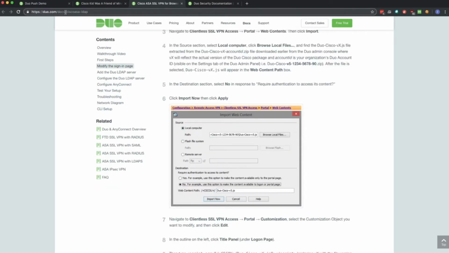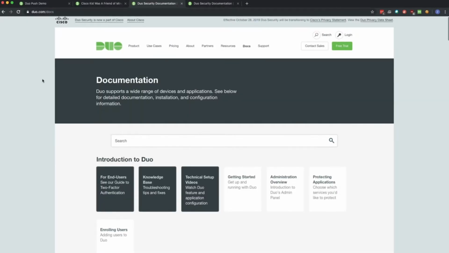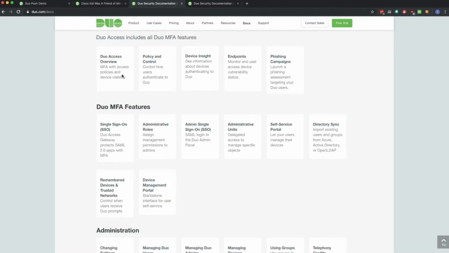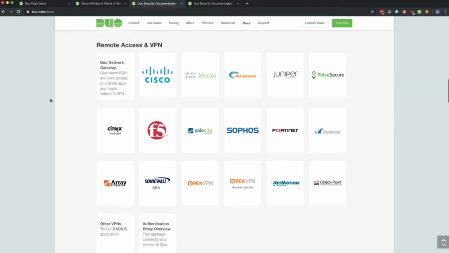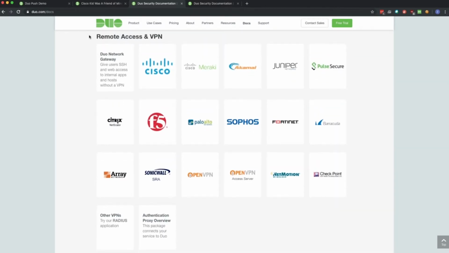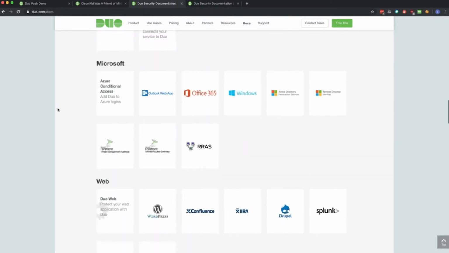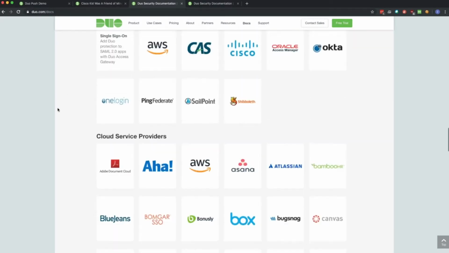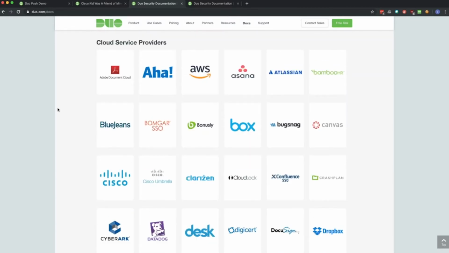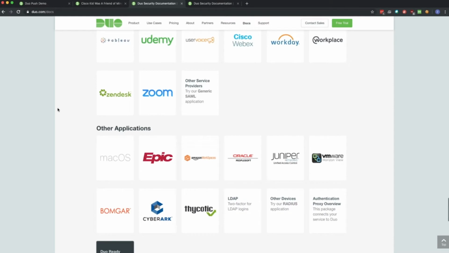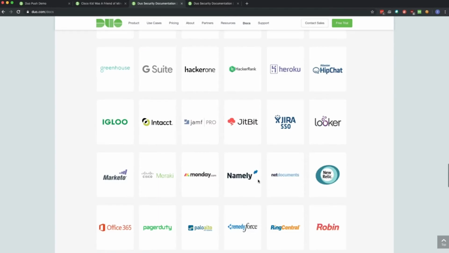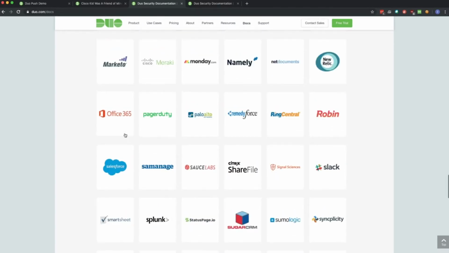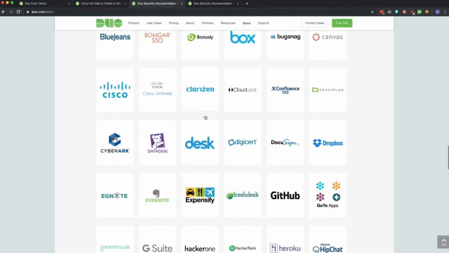If you'd like to get an overview of all of the natively supported systems, as well as our general purpose integrations, the documentation page is a great place to go for that. You can get high-level information about Duo and its functionality. And if you scroll down a little bit, you can see both our most common enterprise hardware and services that we see: Microsoft services, web-based services, IDP providers, a whole bunch of cloud services. Duo can be integrated with any SAML compatible service, but we do have step-by-step walkthroughs for the most common integrations so that you can see exactly what it'll look like.